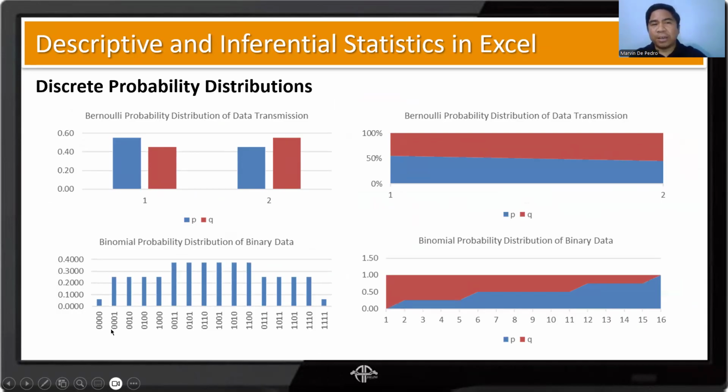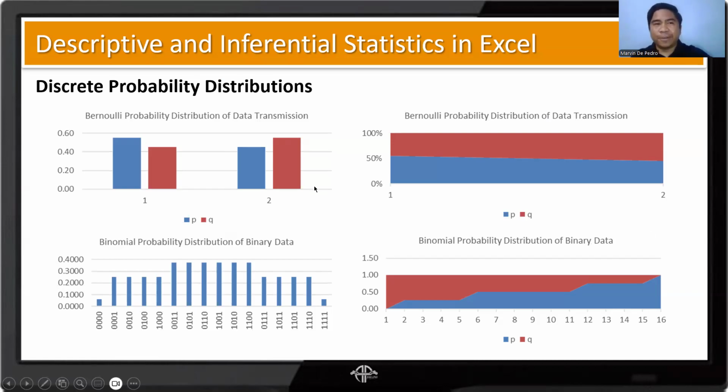Okay, so as you can see, we have 4 trials each, and in each trial we only get either a 0 or a 1. Okay, and in Excel, don't worry, there's a formula for that. Like, how do we derive these values? If we do it manually, it's quite long, and the formula is quite difficult to memorize. But using Excel, you can simply use a certain formula, and that's it.